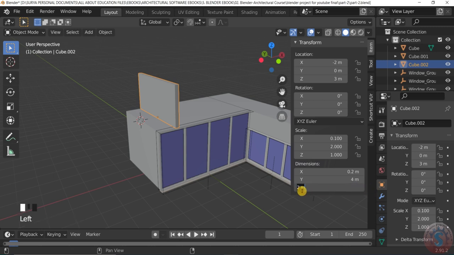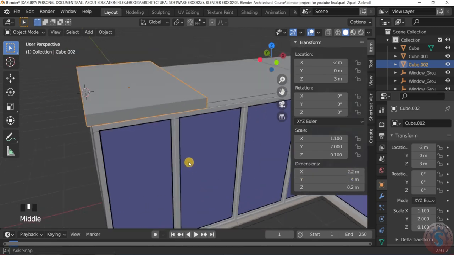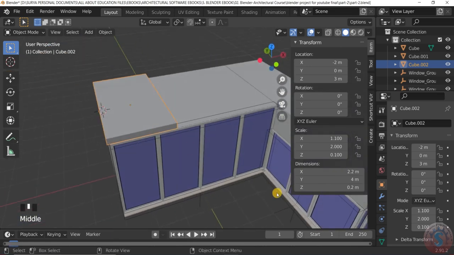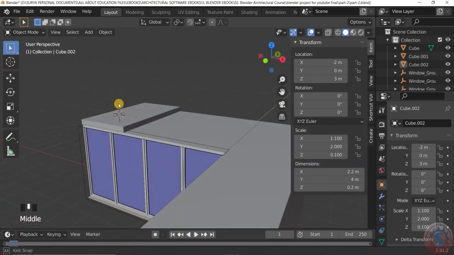On the Z position, I'm giving 0.2 again. If you want to increase the y direction, you can, and I want to increase the x direction to 2.2, and you can observe the slab. Some of the slab part is completed.